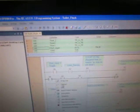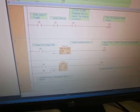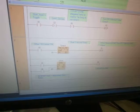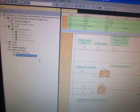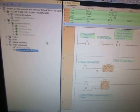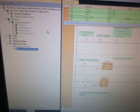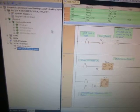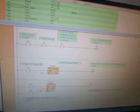So I'm going to delete that because I don't want this program. I really need to open the PLC. What does it mean by PLC? Programmable logic control. Yeah, so let's just...